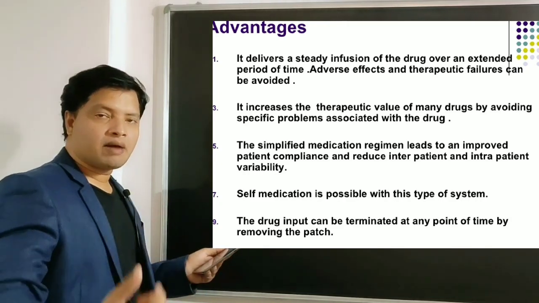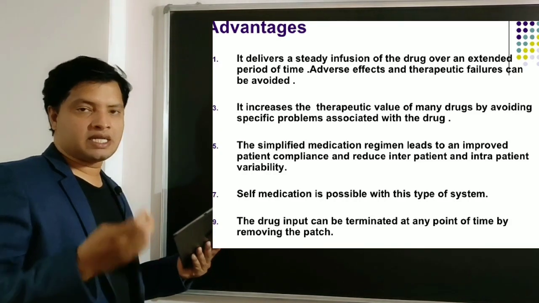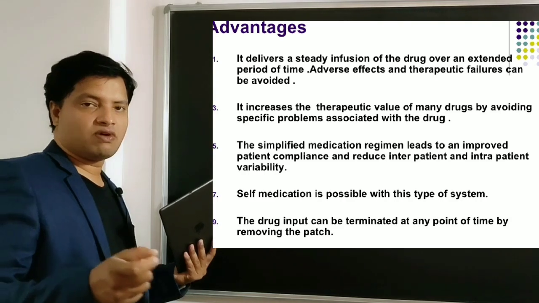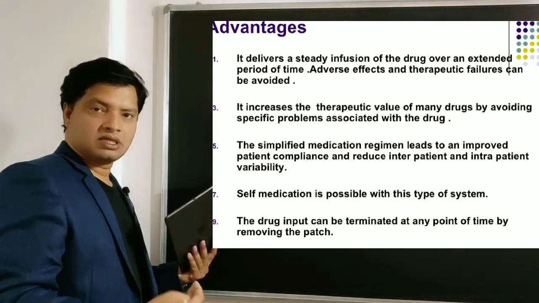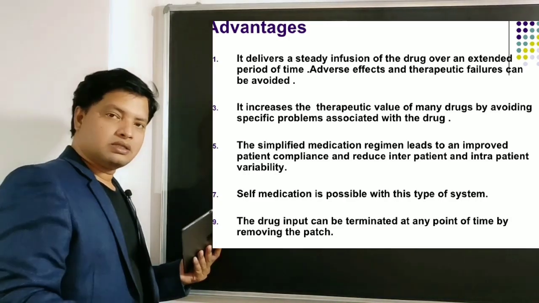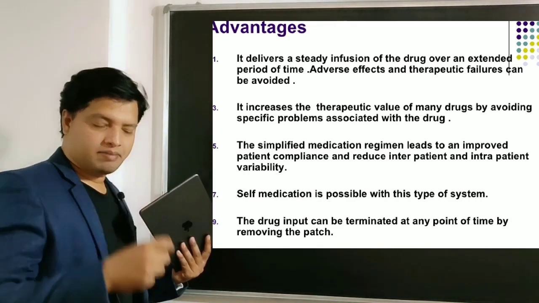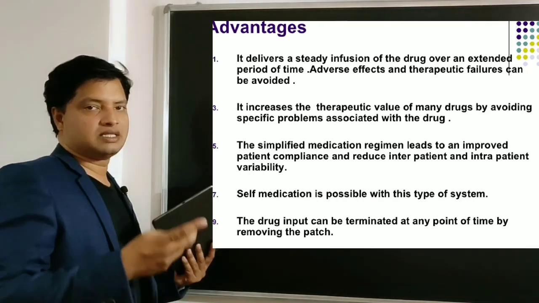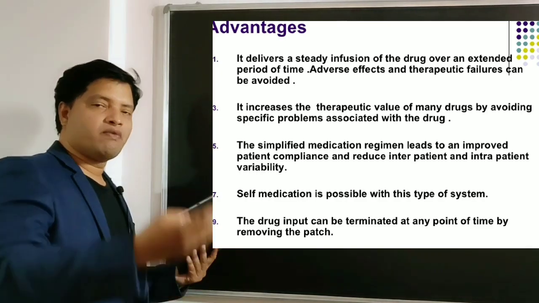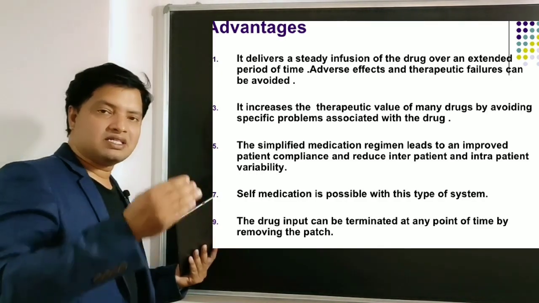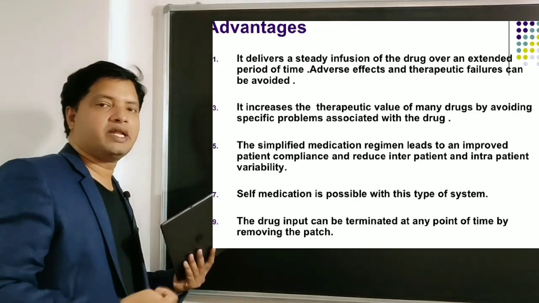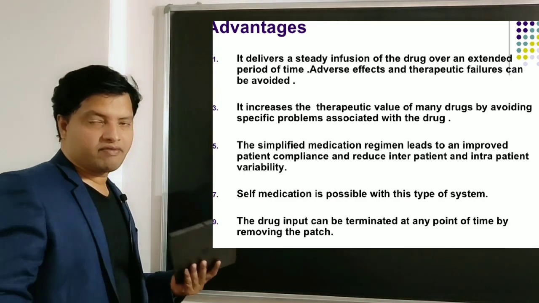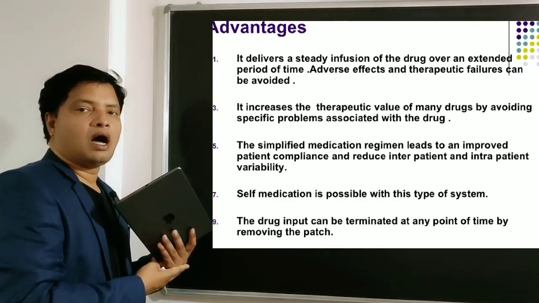Inter and intra patient variability can be minimized. Inter patient variability is variability between the patients. If you give the same drug in a dosage form like a tablet to two different persons, there will be variation. Or the same person taking the same tablet at different timings will also cause variation in the drug delivery. Let's say the same person is taking the tablet without food and with food. So we can avoid this inter and intra person variation by using transdermal drug delivery system, and it is a self medication. We have to peel that and stick that on our skin.